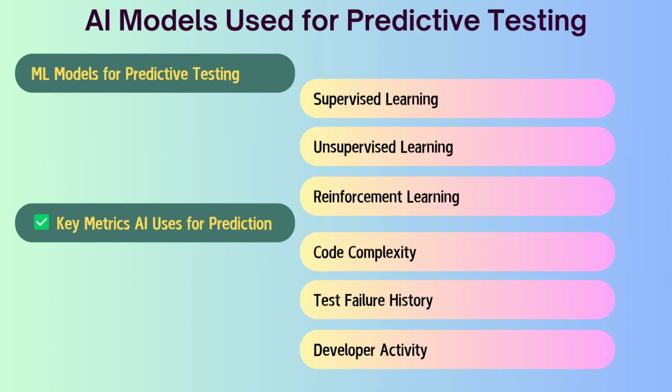And unsupervised learning, where AI detects patterns and anomalies in test execution results, and also reinforcement learning, that is, AI adapts based on the feedback from previous test failures. So for example, if you see the example scenario,